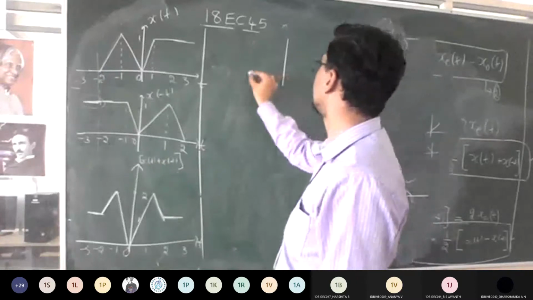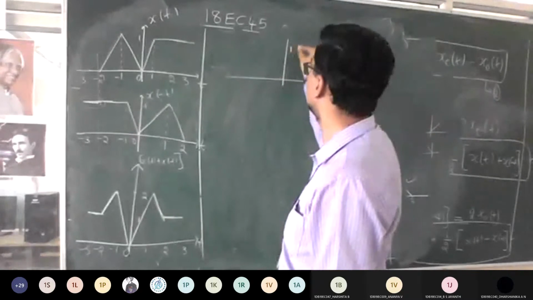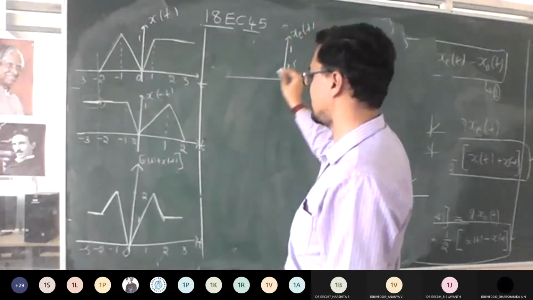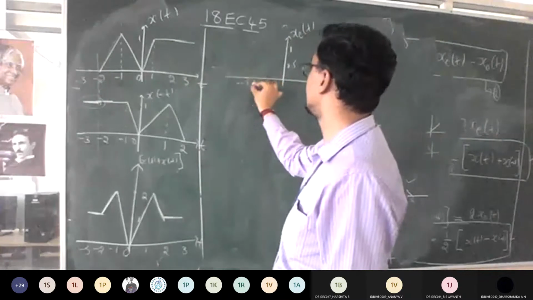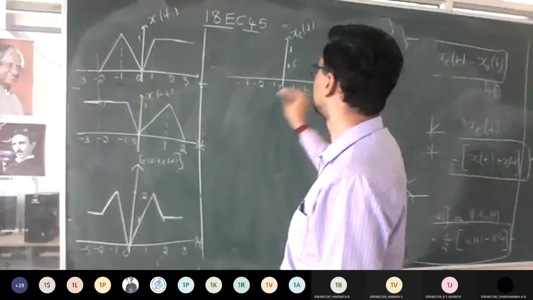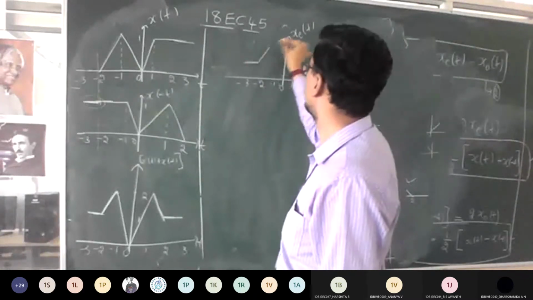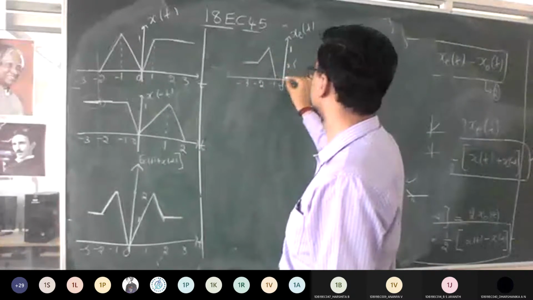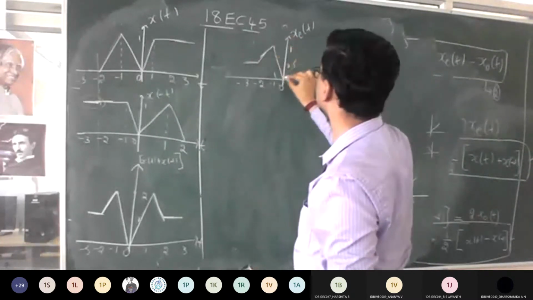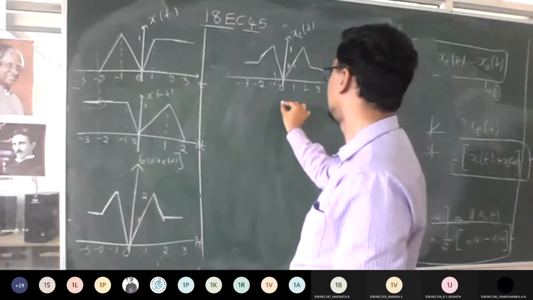So if anybody has doubts still here, you can ask me. What was the amplitude here? It was 1 and this was at 0.5. This is x e of t, even function. So minus 3, minus 2, 1. It's 0.5, it goes to 1, dips back. It dips back here, again increases, dips back here. So this is your even. Okay? So how did we get the odd?